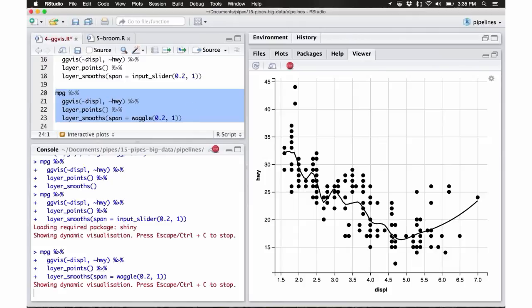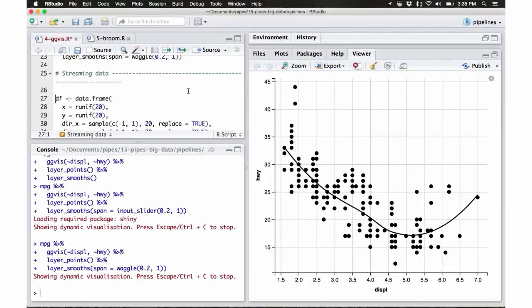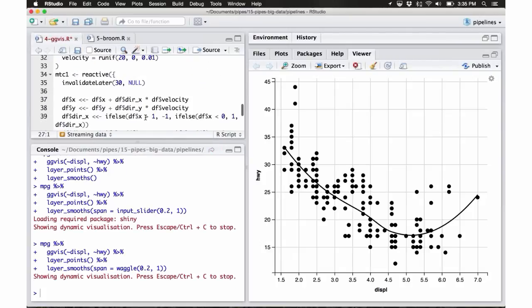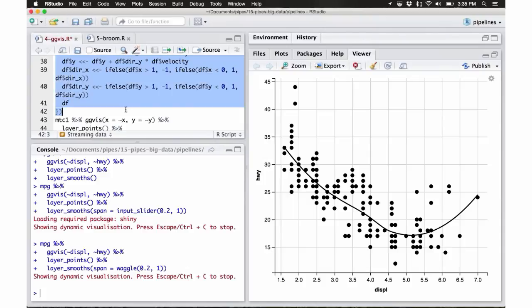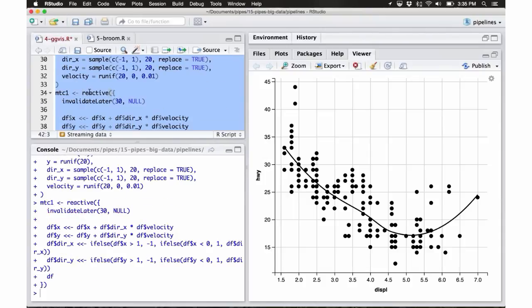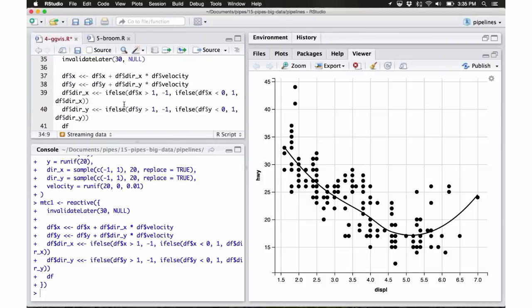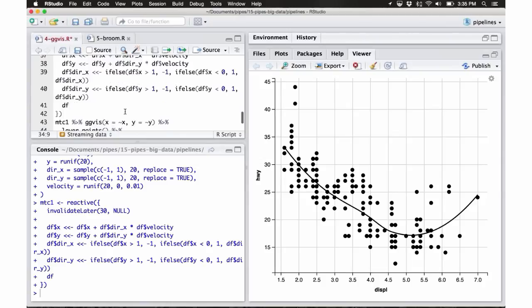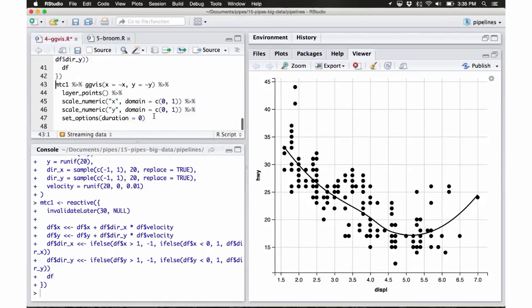But the cool thing about this, from my perspective, is that all ggvis knows about is this is a sequence of changing values. It doesn't care where those values are coming from. It just knows how to update the plot. And that means we can also do things like handle streaming data. Now, I don't have a good streaming data source, so I'm just going to make up this reactive data set. So rather than a data set that's fixed over time, now I have a reactive data set that changes over time. This is just a very simple simulation, and it's easier to show the results than to explain that